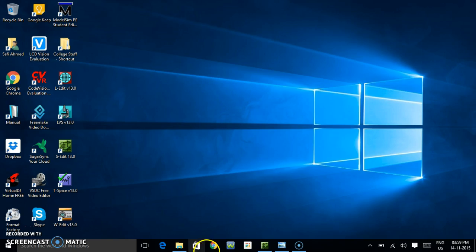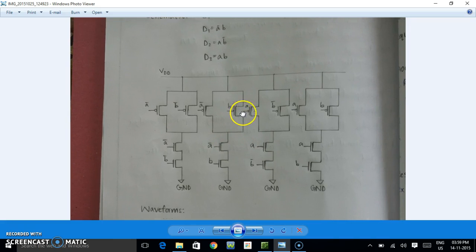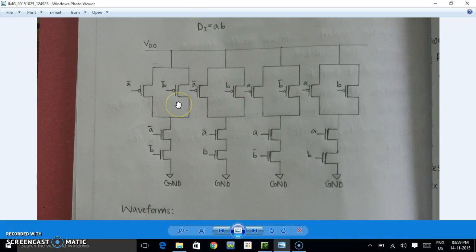So let's start. We are going to design a 2:4 decoder, and that circuit is something like this. If you observe, we have four similar circuits, like a NAND gate. So first we'll design an inverter and keep it aside, then we'll design this part and keep it aside, then we'll instantiate the inverter wherever it is required,